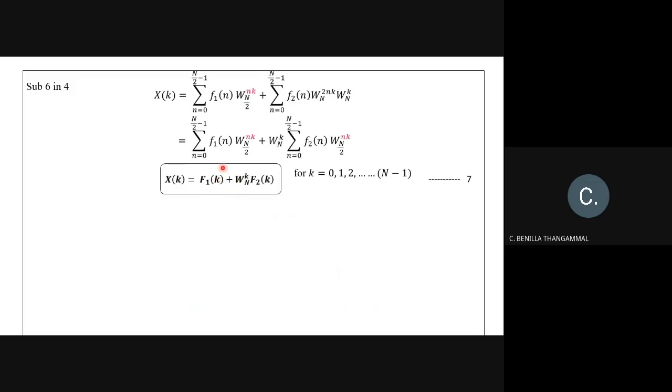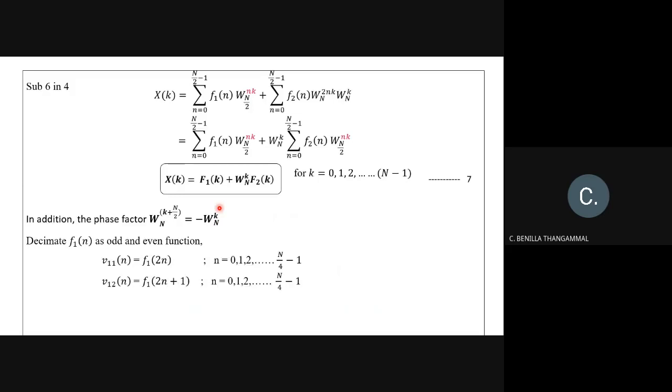Again, what happens? This n by 2 sequence, f1 of n and f2 of n, will be split into even and odd. And before that, you have a phase factor with a periodicity of n by 2. So for this periodicity, I can write it as minus W suffix n power k. Right, so decimate this f1 of n as even and odd, as v11 of n and v12 of n. So the sequence becomes n by 4 point, right? So this f1 of k can be written as summation n equal to 0 to n by 4 minus 1, so this f1 will be split into